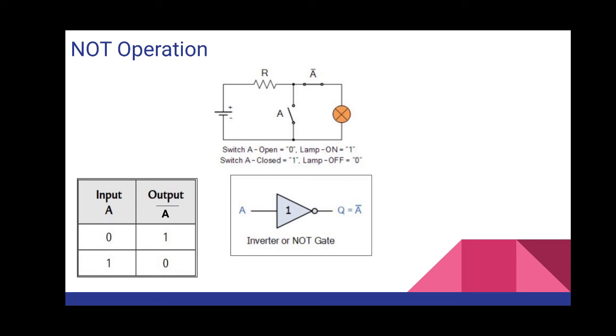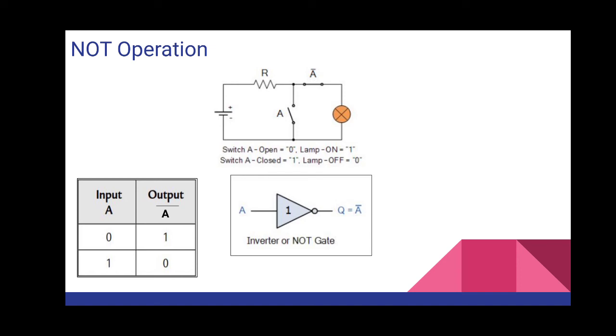Now the second condition, when I am keeping my A switch on, that is connected, so what will happen to my A bar? It will become open. Again the current will start moving. It will go to the point where it will split. It will check that A bar is open, so it cannot go through that, but it will go through A and again complete the circuit. The current cannot flow to the bulb, that is why the bulb will not glow. So this is how the NOT operation works.